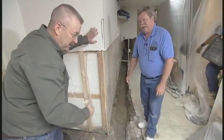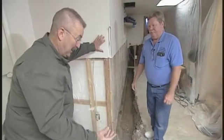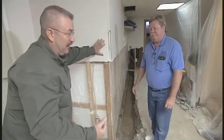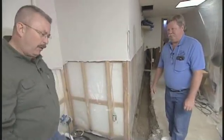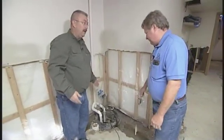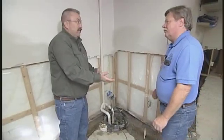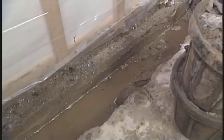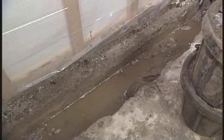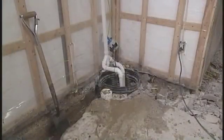Well, again, if I were these homeowners or any homeowner watching this TV show, I would be thinking about the drain tile system in my house and going, boy, I hope it's operating properly, because I know when we arrived on site, the pump was working, but it was only after the water got so high that it really wasn't doing much good at all. I mean, this is just terrible in my opinion. It's very misleading to the homeowner. I know. You think you're protected, and then you find out after investing all this money that you've got to